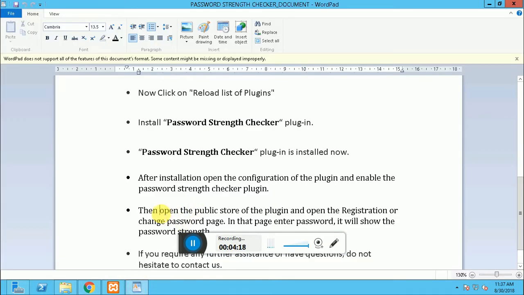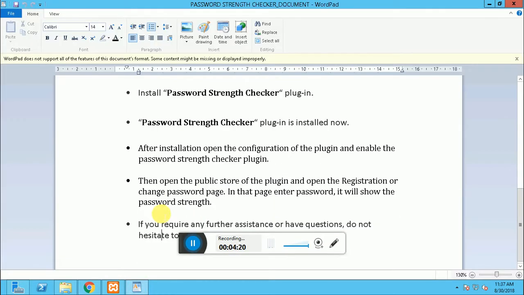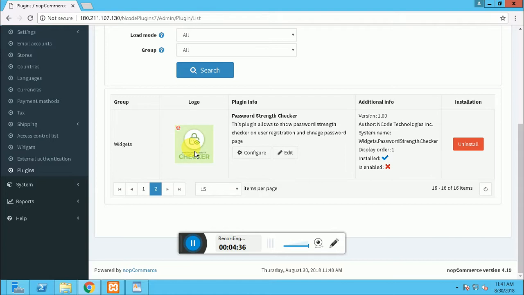Then open the public store of your NopCommerce site, and in that open the registration page or change password page. Try to enter the password. It will show the password strength. Now before you go to the public store, make sure the plugin is enabled. To enable the plugin, edit,